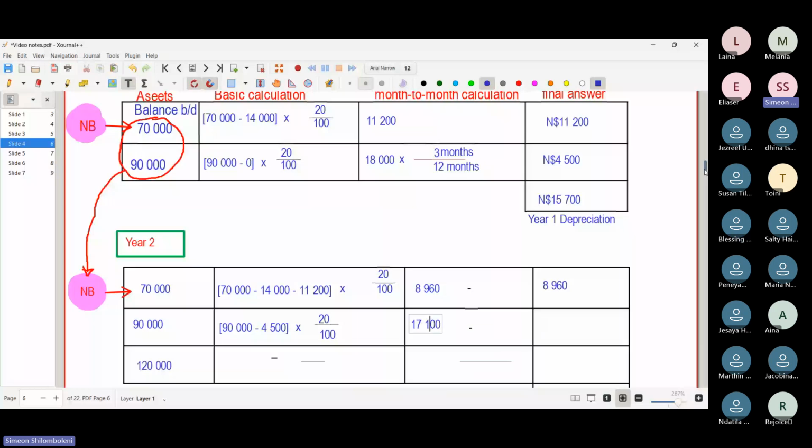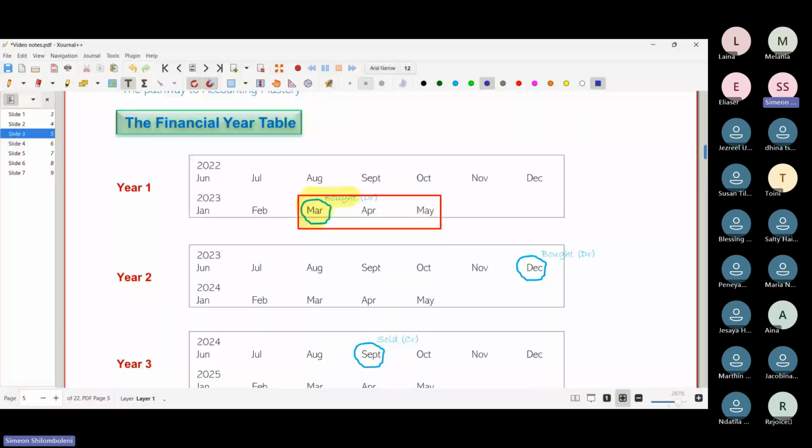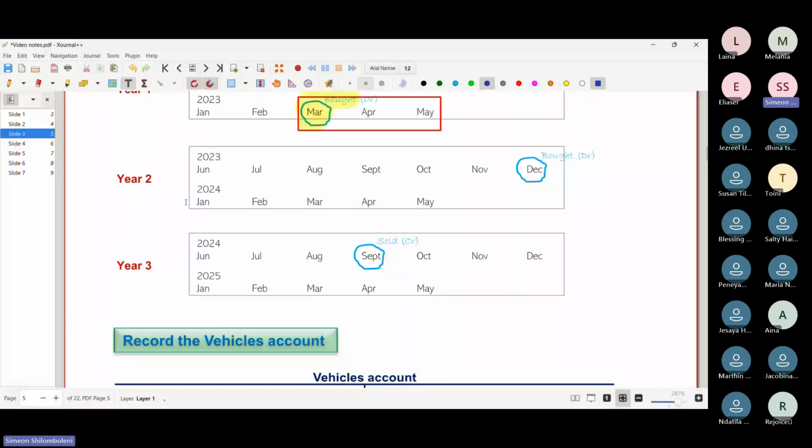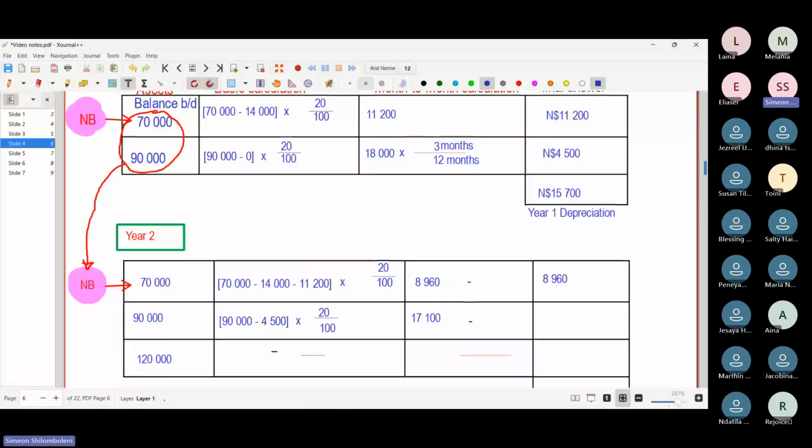Now you come to your financial table. You check here. In year 2, we did not have anything sold. So this vehicle was in the business for the full year. Because it was in the business for the full year, it's 12 over 12. Then you just bring down the amount here, 17,100. We have a new one that we bought, 120,000. Now I'll be a little bit fast because now we get it minus 0